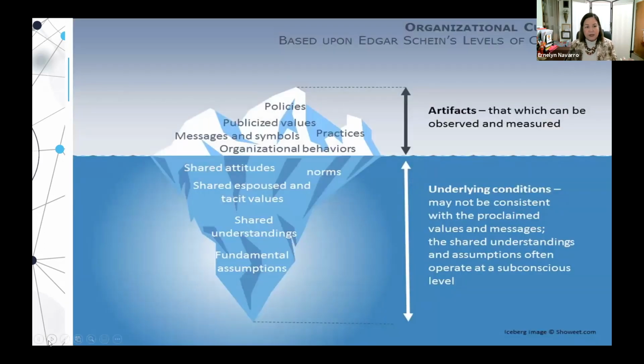And then Laurie actually also asked me when we were talking about this, well, how would you know if CRM is already in the culture? So I wanted to add this slide, because when we're looking at the culture of an organization, there are some underlying things that we don't see, which are in the beliefs, our attitudes, our shared understanding.